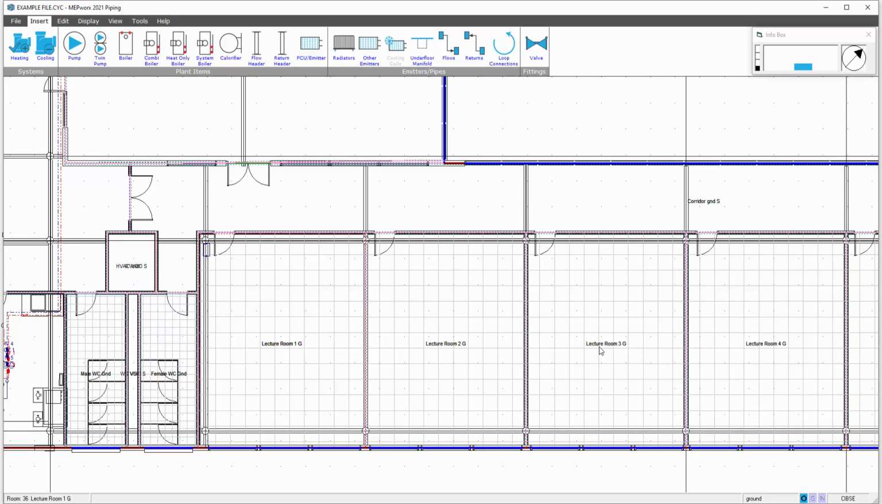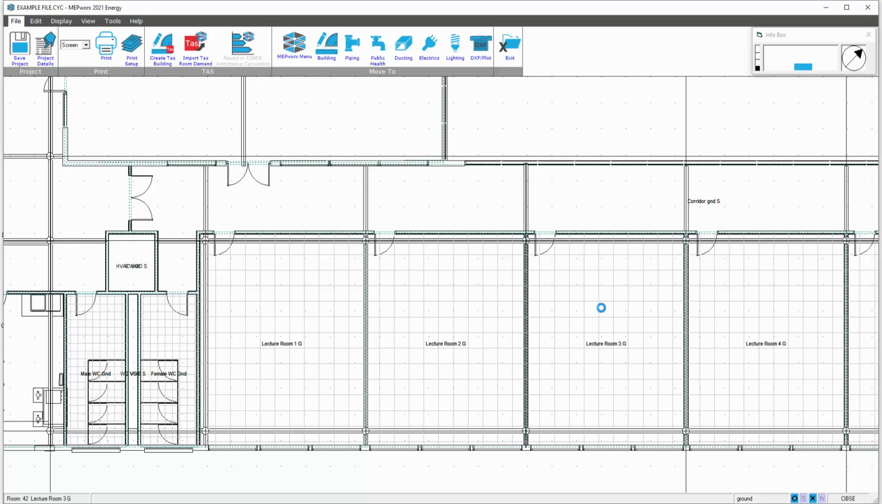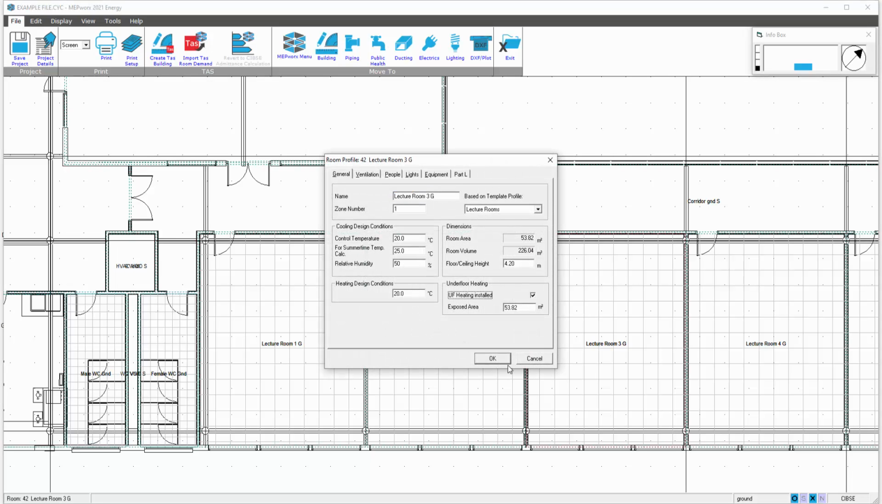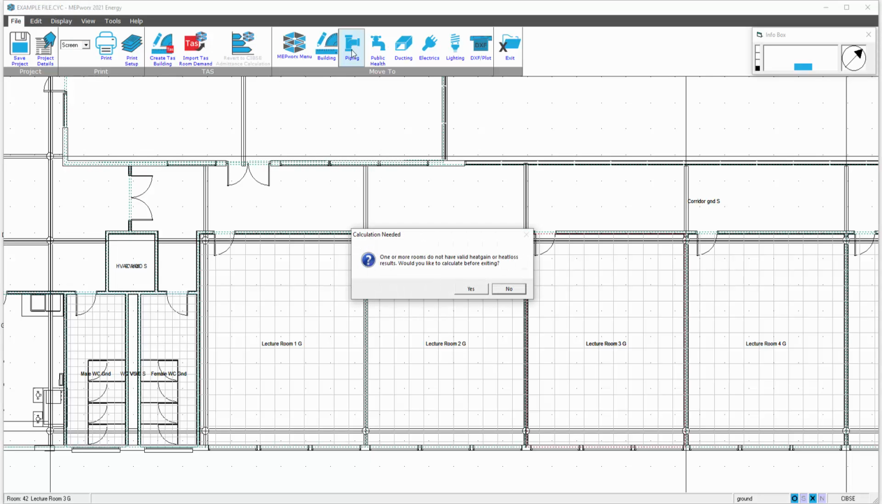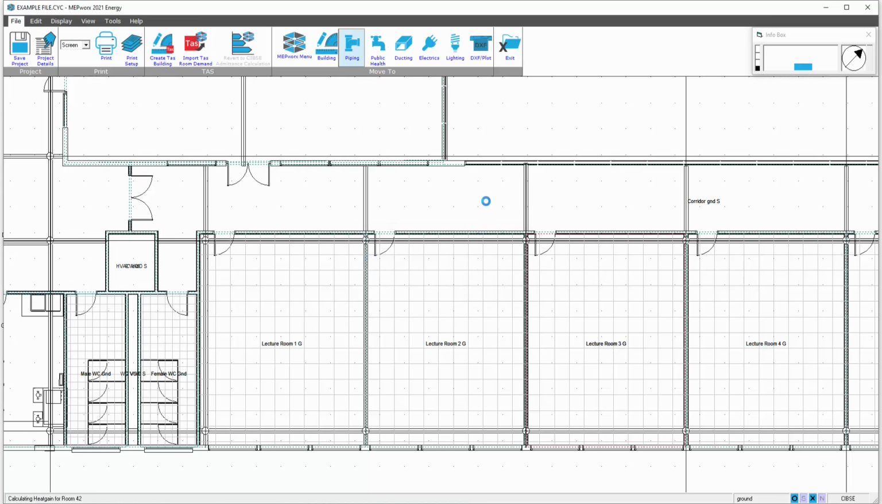Now if it was decided we were going to add lecture room 3G on here, we'd have to go back to the energy program and tick the box to apply underfloor heating. So we double click in the room space, we then tick the box and select OK. And then we move back to the piping program, calculate,